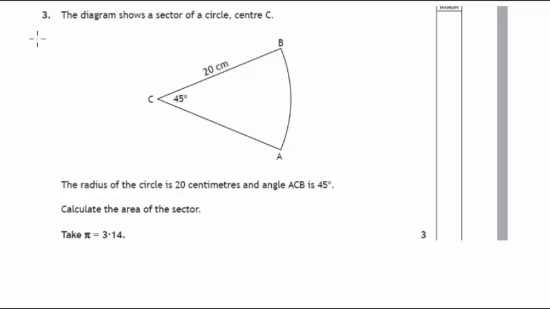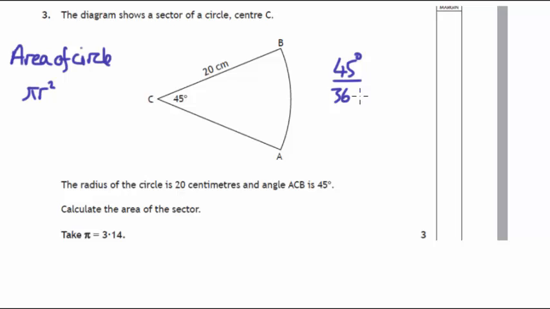Right, so we're going to calculate the area of this sector. So remember the area of the circle. Okay, so area of circle is pi r squared. Now, obviously, a sector is a section of a circle. Okay, so in this circle, the section is